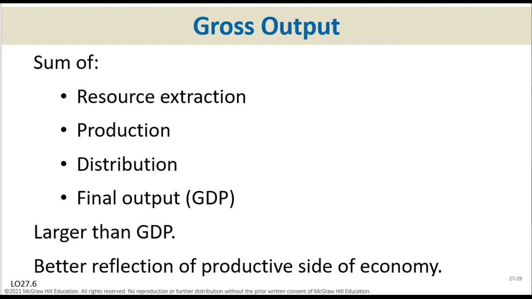During the 2007-2009 recession, the real GDP fell by 2.4%, but the real GO fell by 8.6%. What that means is that it shows how drastic or how heavy the recession was. Economic activity fell more than twice as much as GDP. So GO is another measure that economists like to look at to gauge the activity in a particular economy during a particular time frame.